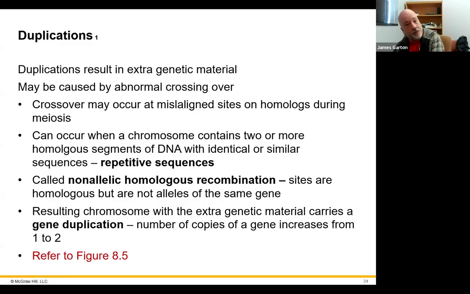Now, a duplication is going to mean that there is extra genetic material. And it might be caused by unequal crossing over. Usually, crossover events are carefully regulated and they are reciprocal. One chromosome gives up a piece of DNA that's identical to the piece of DNA it gets back. However,